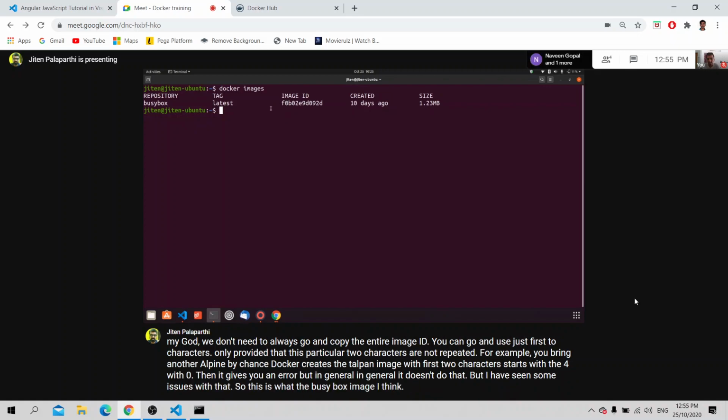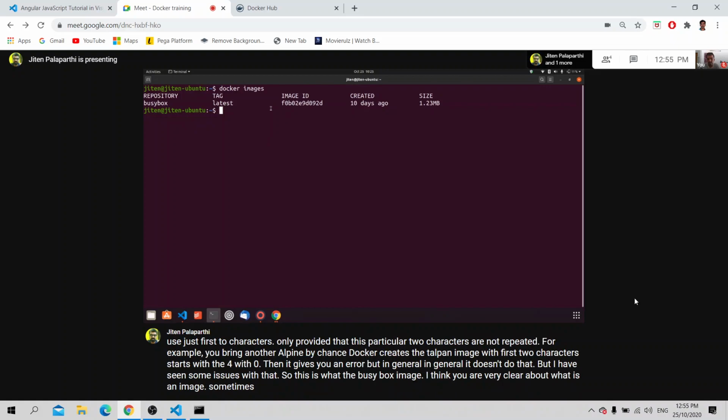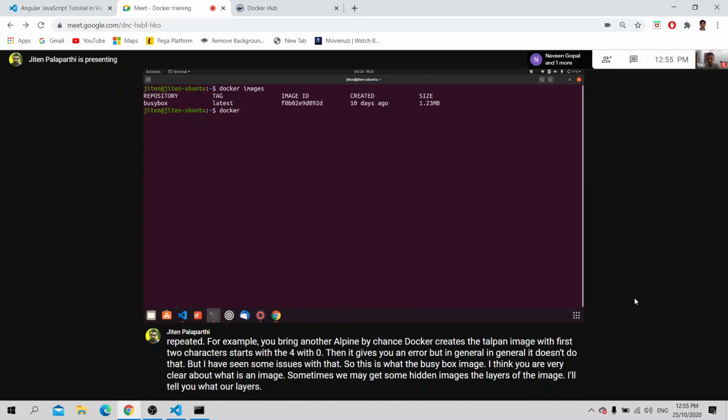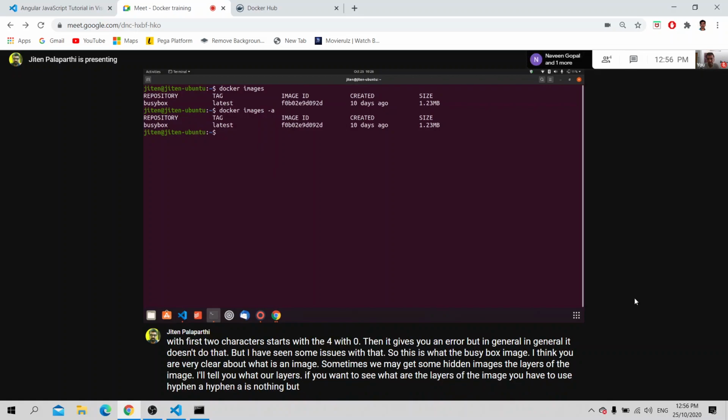I think you are very clear about what an image is. Sometimes we may get some hidden images, the layers of the image. I'll tell you what layers are. If you want to see the layers of the image, you have to use -a. -a is nothing but all.